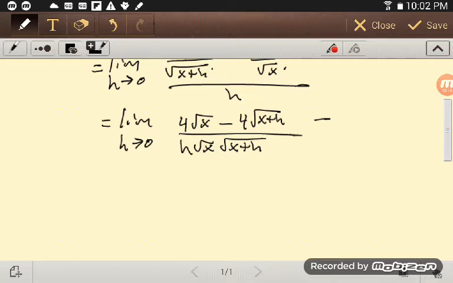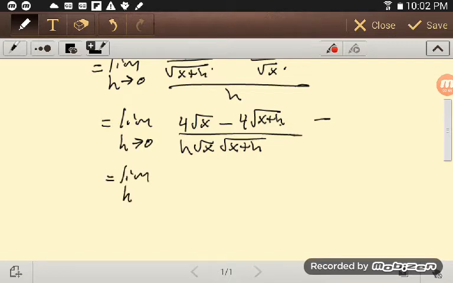Okay, I got a common denominator, that's something I could do, but unfortunately I cannot combine those. I could pull a 4 out of it, but then I'd still have the square root of x minus the square root of x plus h. And the problem is, if I simply do a direct substitution of h equals 0, well, I get 0 on top, 0 on the bottom, 0 over 0, indeterminate form. So